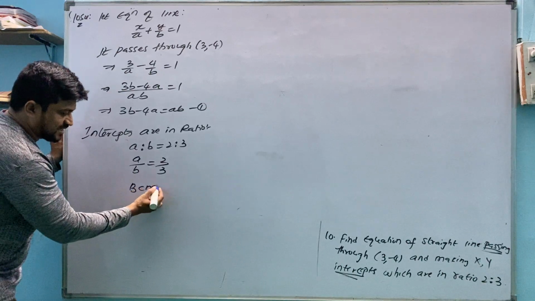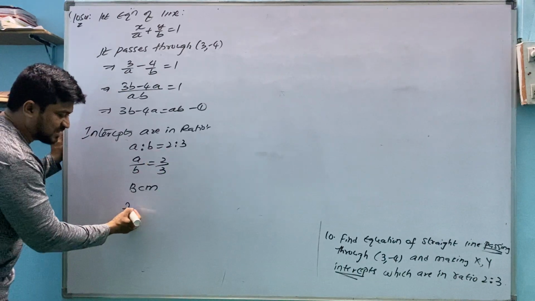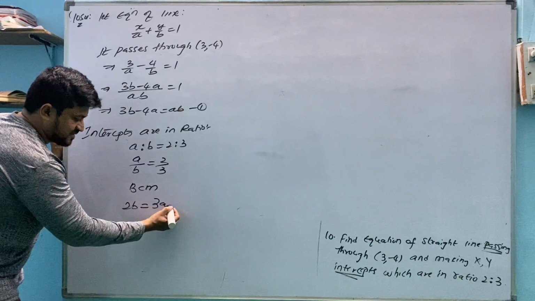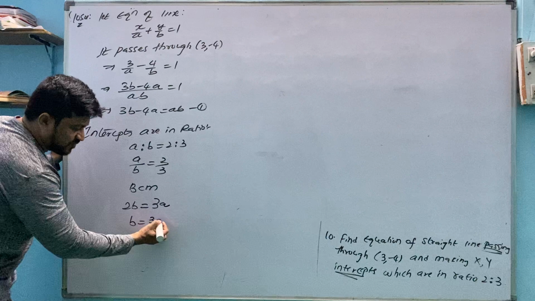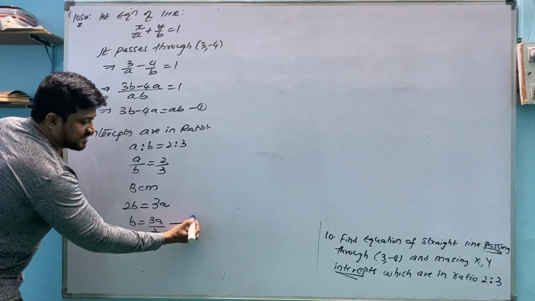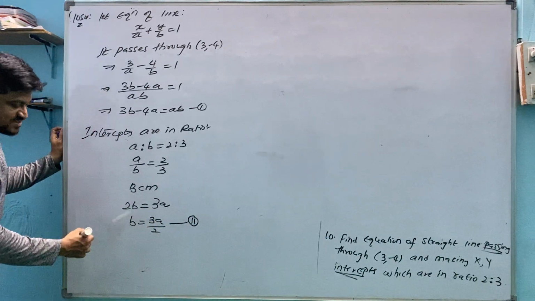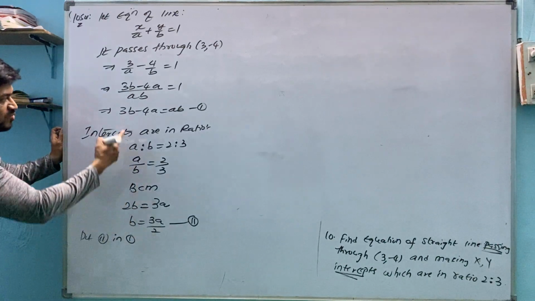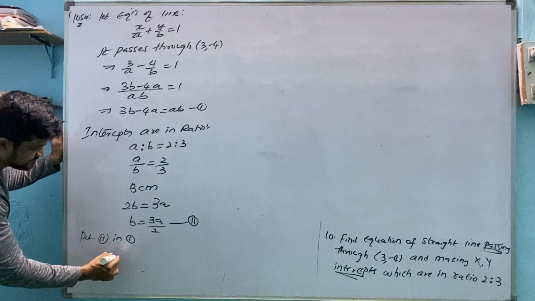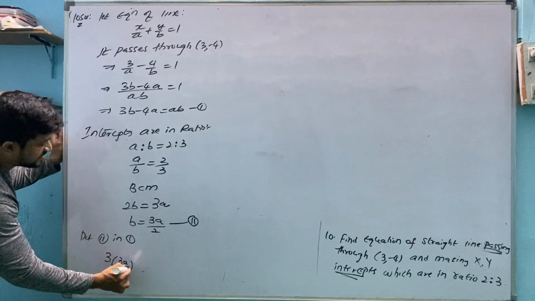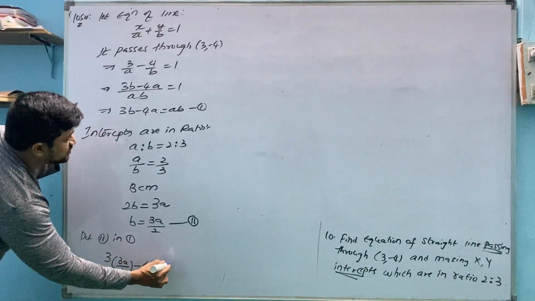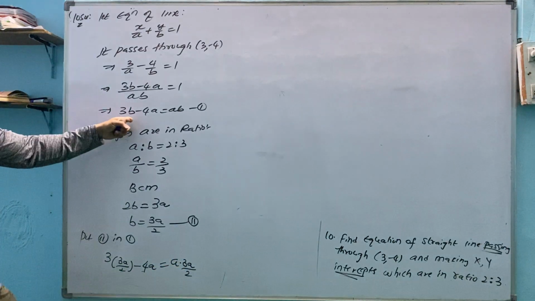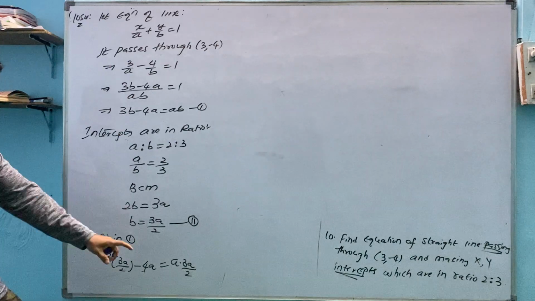By cross multiplication, take B on the left side, cross multiply in that way so that you can get B on the left side and A on the right side, because we are equating B, meaning writing B on the left side. This is the second equation. Once we have the second equation, put second in 1. Now what we have, 3B minus 4A is equal to AB. What I did, wherever B is there in equation 1, I have substituted this.